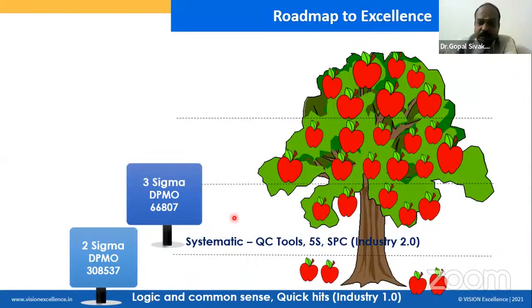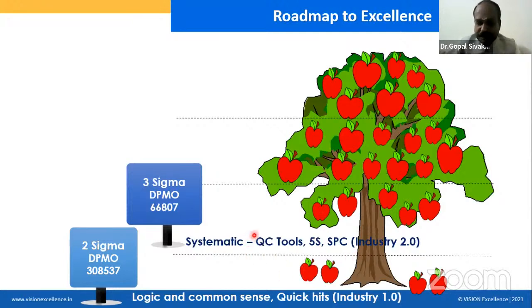Please note, you like it or not, every organization has processes. You like it or not, every process has a Sigma level. The only thing is whether you know how to measure the Sigma level or not, isn't it? That's the question, and that's where training comes into the picture. But the initial levels of improvement, definitely you can bring into your company just by using all these lighter tools